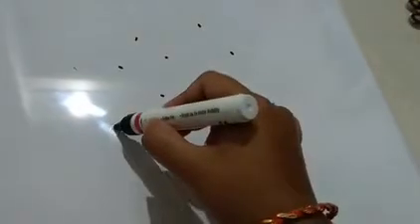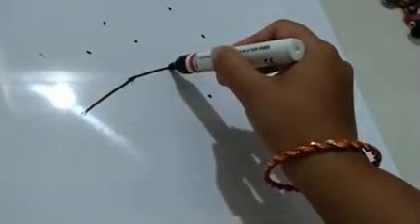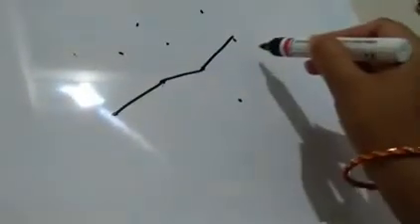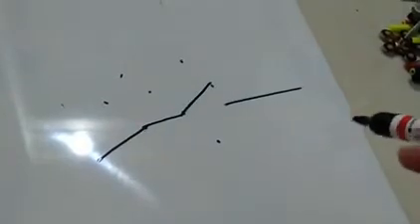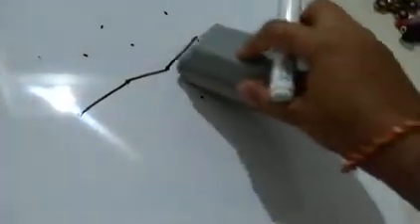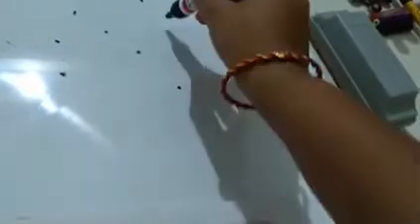Now try to join them. First we will draw a line which joins 2 dots, and later we will try to make that line in such a way that it includes the other dots as well. If we try so, it can be joined, but it does not look like a straight line. So the conclusion is that we are able to draw a line only between 2 of the points, not more than 2. But that is not the case with all points.